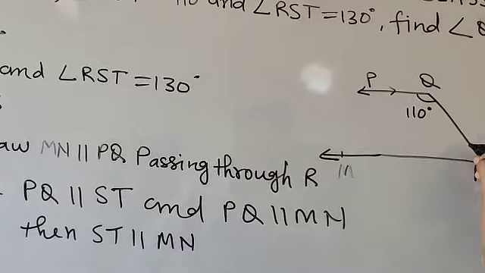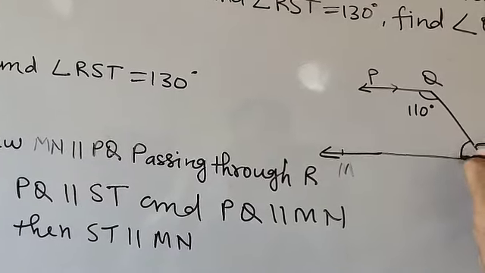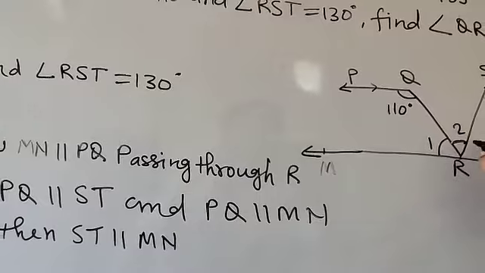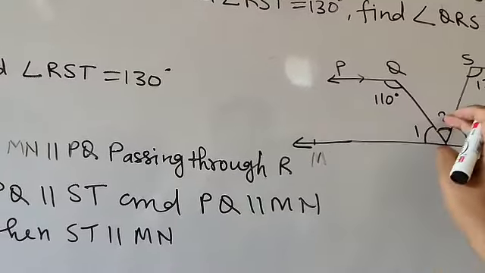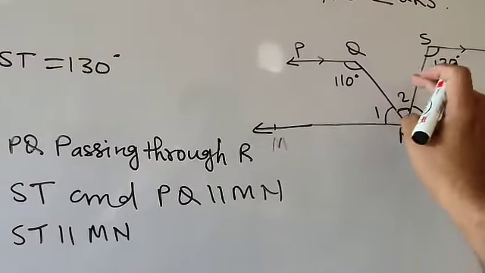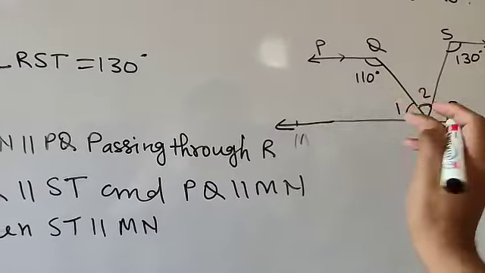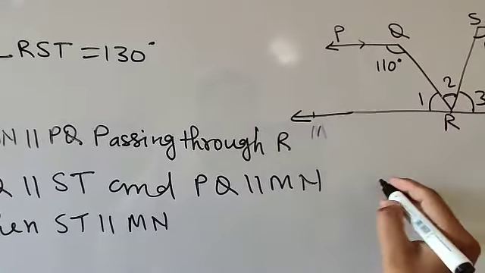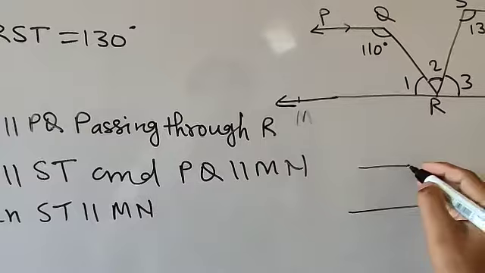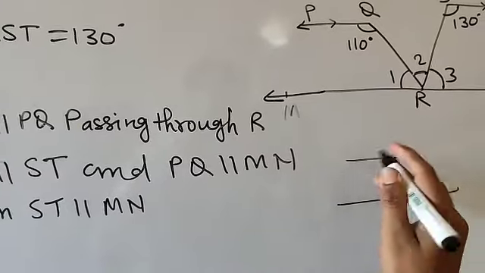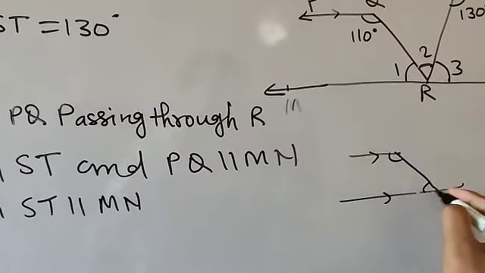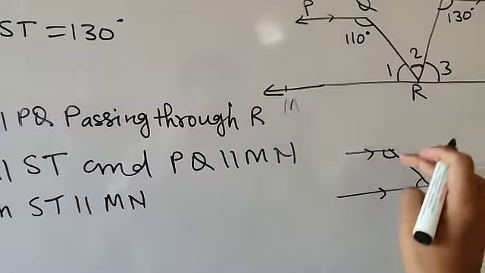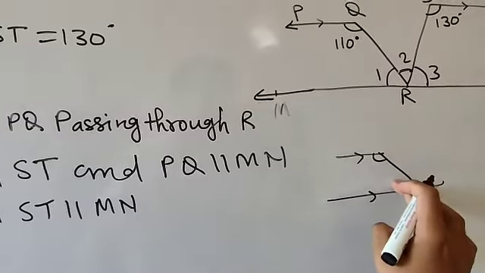So students, what will be? Suppose that this is angle 1, angle 2, angle 3. Here three angles are going to be found. So if it is like this, here I am going to draw it, and one line is intersecting. If these two lines are parallel, so what will be these two angles? These two angles will be co-interior angles. So their sum will be 180 degrees.